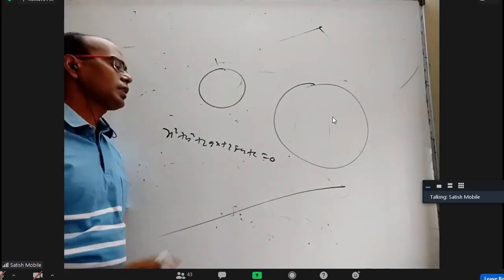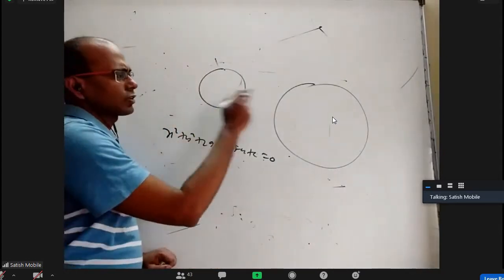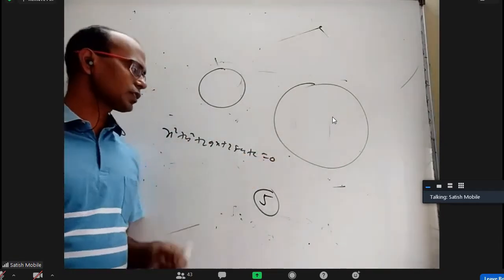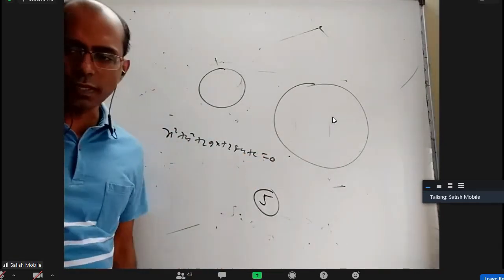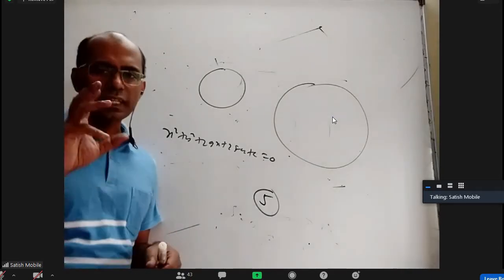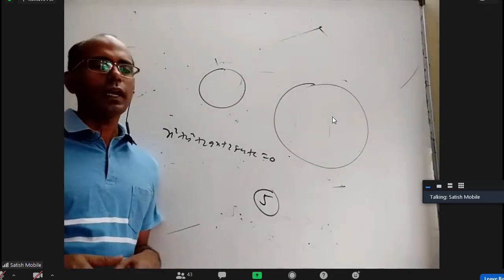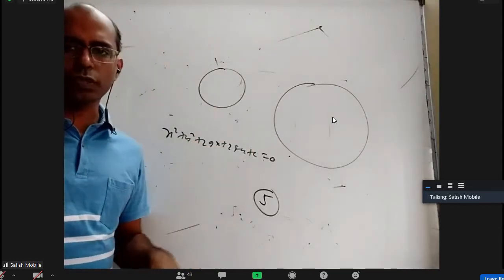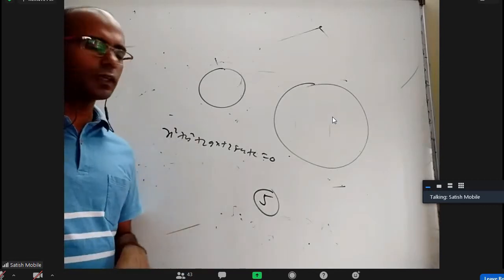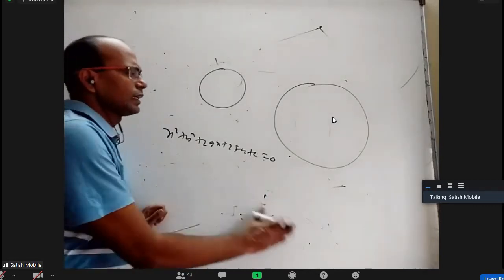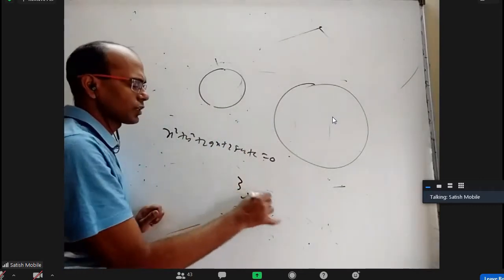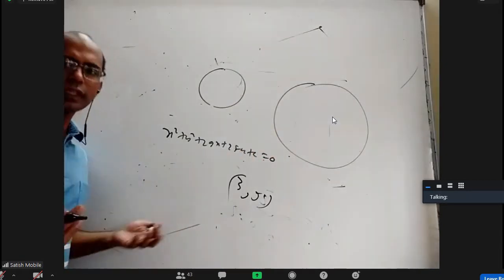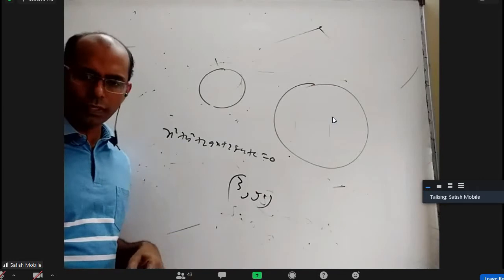Or they can tell, leave this, find a circle intersecting this orthogonally, and having radius 5 units. Again, apply the orthogonality condition here, or radius equal to 5. You'll get 3 equations and 3 unknowns. Somehow they will give 3 circles or some data about 3 things, and then they will ask you the circle. Wherever orthogonality is there, you apply orthogonality. If they say the center should be on so and so line, or it should pass through the origin and things like that, then you do that. If they say I want a circle intersecting this orthogonally, and passing through 3, 5, substitute 3 comma 5, one equation, orthogonality here, one equation, orthogonality here, one equation, 3 equations and 3 unknowns. You will get it.